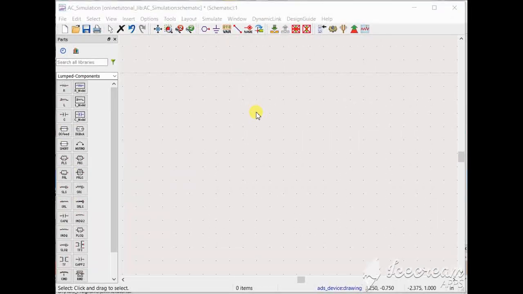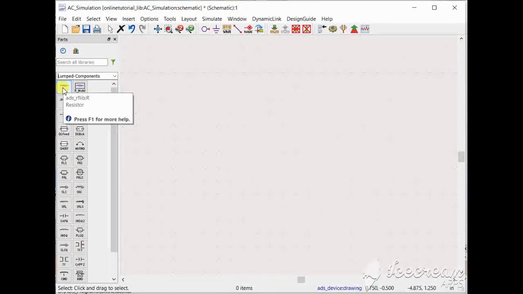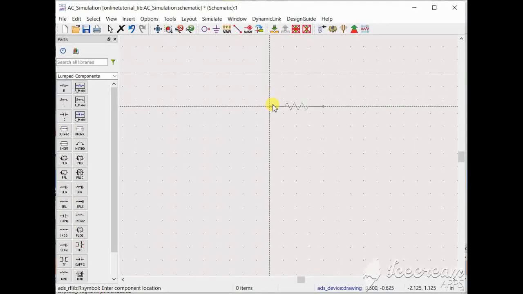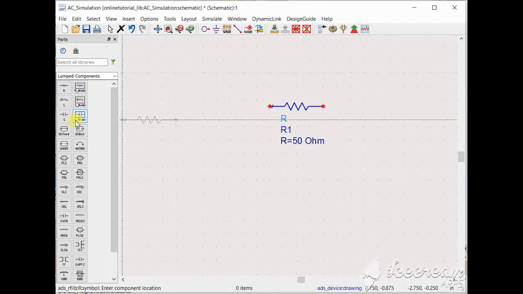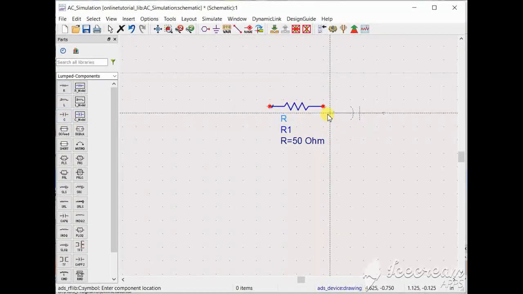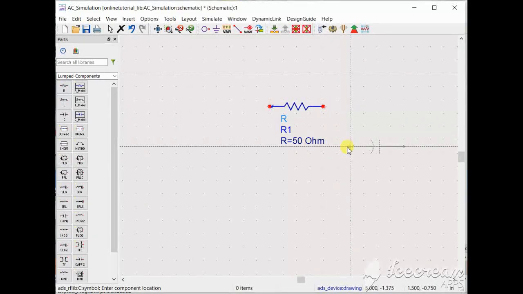For the AC simulation, let us have an RC circuit so that it will be clear to us how the signal is varying over frequency. So you can consider this AC simulation as plotting a Bode plot. To prepare an RC circuit, let us take this resistor from the lump component. So this lump component is a default palette which will be available to you. I have taken R, then let us take C. So I am taking this C here.